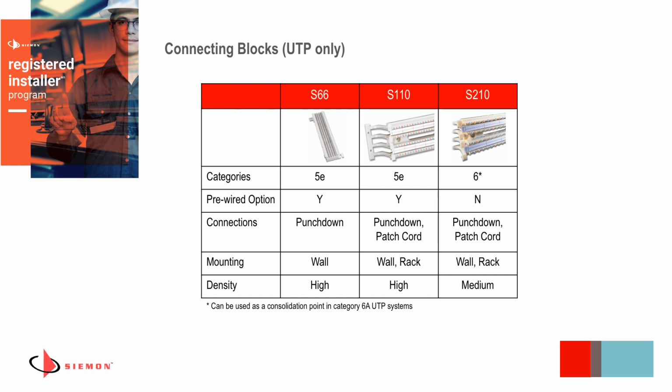The most cost-effective solution for connecting blocks is the S66 or the 66 style connecting blocks. All the IDCs are on the front of that block. It goes up to Category 5E and can be ordered pre-wired, meaning that it has the ability to support 25 pair connectors on the side of it. Although it wouldn't be Category 5E at that point; it'd be dumbed down to Category 3 for voice grade applications. But the primary termination of that is a 66 style punch down tool, single position punch